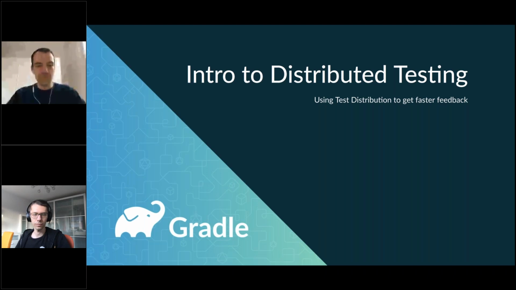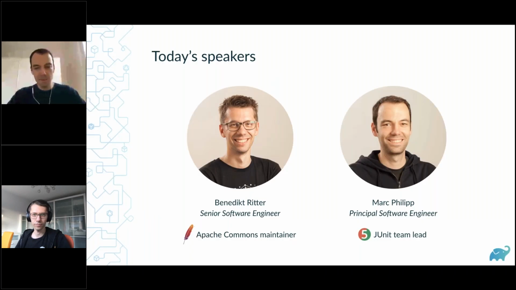So this is us. I'm the guy on the right. My name is Mark Philipp. I work as a software engineer here at Gradle. I'm also quite active in open source and in testing in particular. So I'm the JNet team lead and have been working on test automation and improving that for a long time now. With me today is my friend and colleague Benedict,